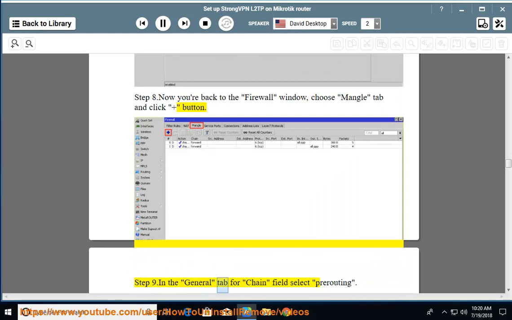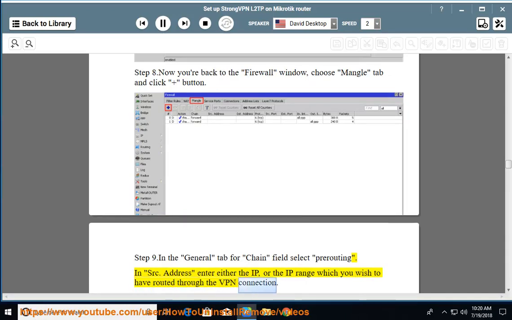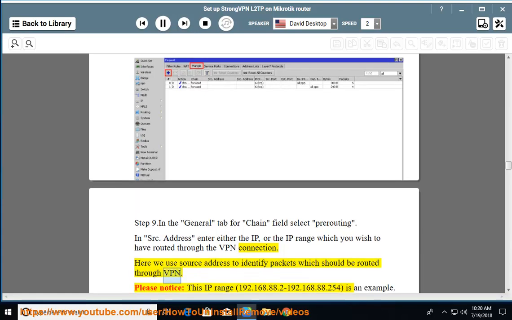Step 9. In the General tab for chain field, select Pre-routing. In SRC address, enter either the IP, or the IP range which you wish to have routed through the VPN connection. Here we use source address to identify packets which should be routed through VPN. Please notice, this IP range,